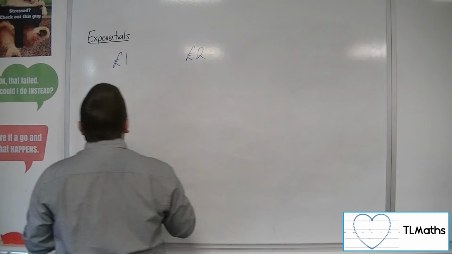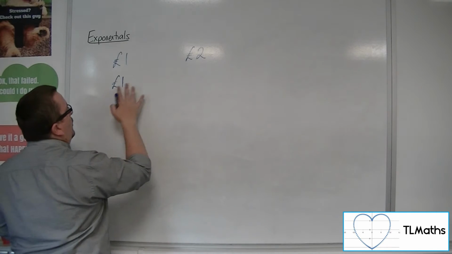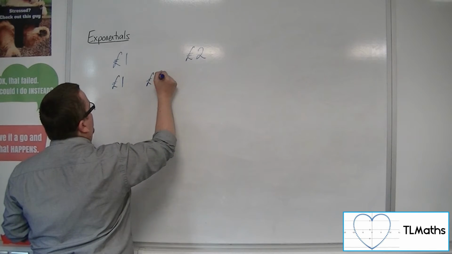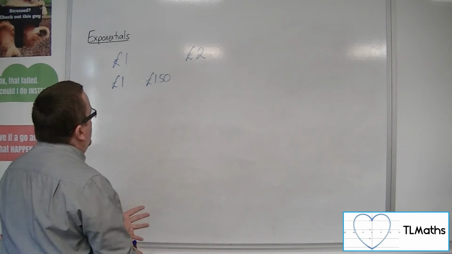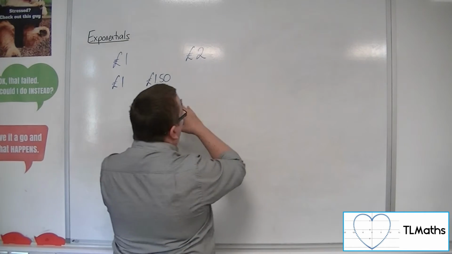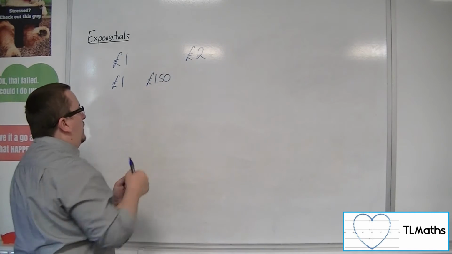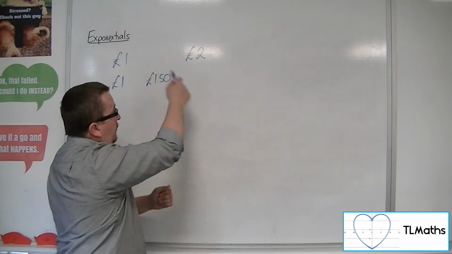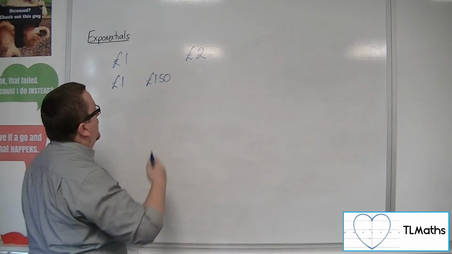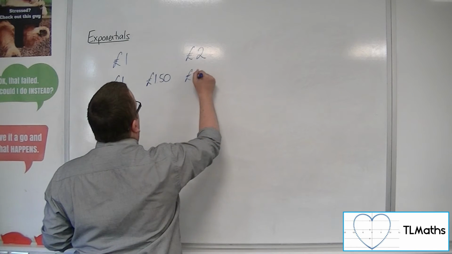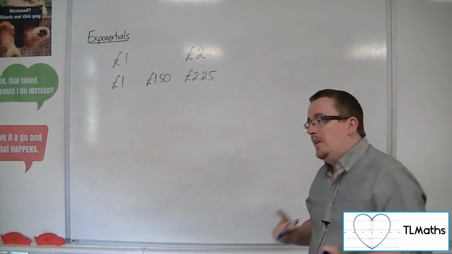Okay, so your £1 that you're investing would go up to £1.50 after 6 months. Okay, and then at the end of the year, after another 6 months, you're going to earn 50% on top of the 150. Now, 50% of the 150 is 75p. Okay, and so you would be up to £2.25. Okay, so what's going on here